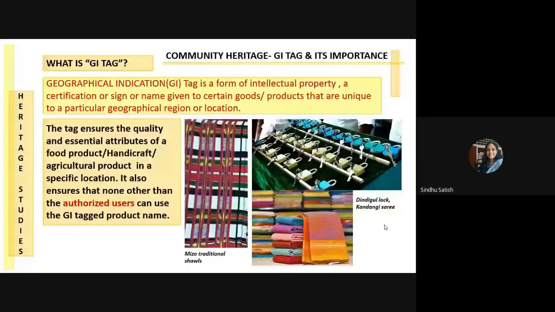Here, the person who's got the GI tag, that is, Shri Krishnaveni and Mahalakshmi Handloom Weaving Center, say that the GI tag for this sari is very, very essential because the original sari is losing its importance because of other market trends where they bring in a lot of duplicate saris and claim them as Kandangi saris. So this really resulted in the decline of the community, which does it very indigenously, very traditionally.